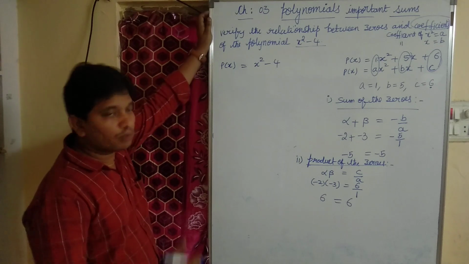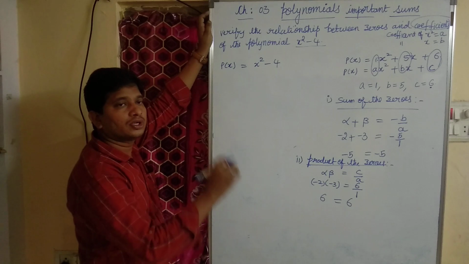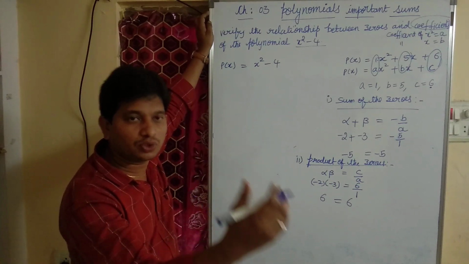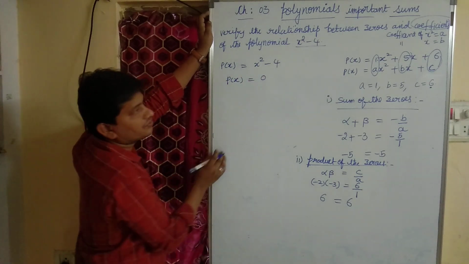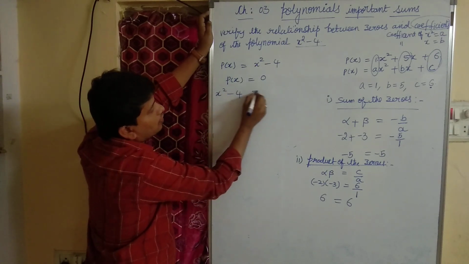Using the same method, if you want to find the zeros of the polynomial, the given polynomial is equal to 0, that we have studied in class 9 only. So p of x is equal to 0. As the polynomial is x square minus 4 equal to 0,